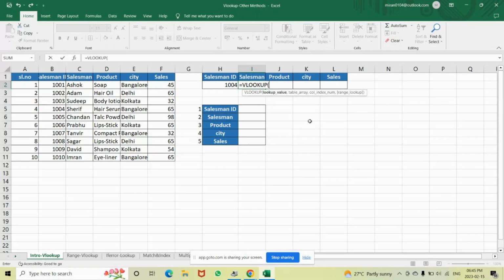What is my lookup value? My lookup value is 1004, because for this 1004 I'm looking for a value, the salesman. I'll give a comma. Now what do I have? Table array. Where is my table? This is my table, this is my data. So this is my table array. Give a comma. I said VLOOKUP means vertical data, HLOOKUP means horizontal data. Now I have